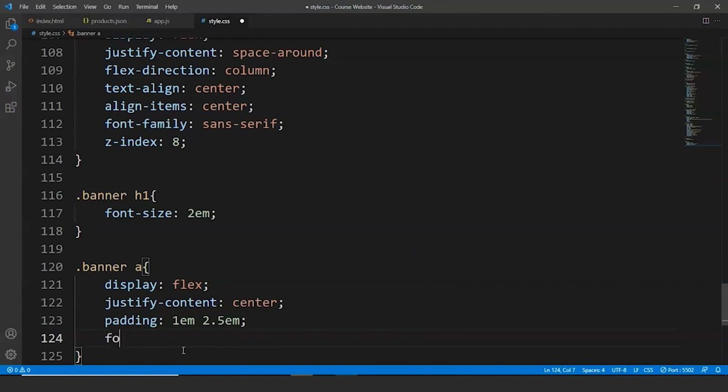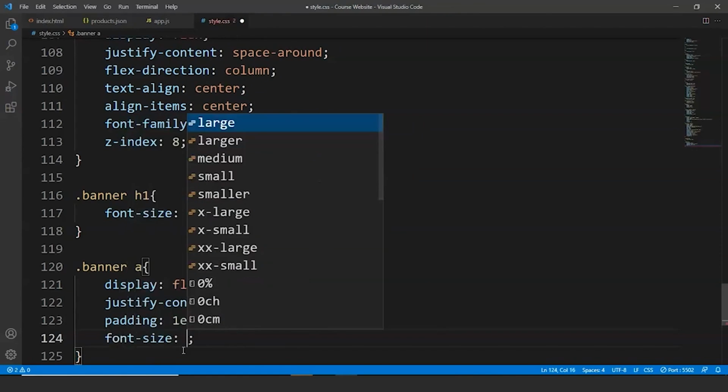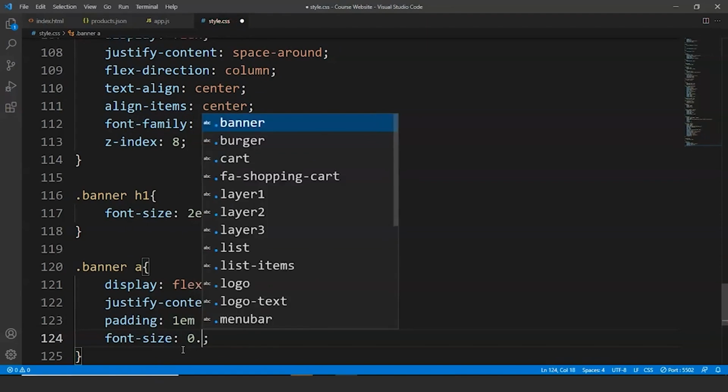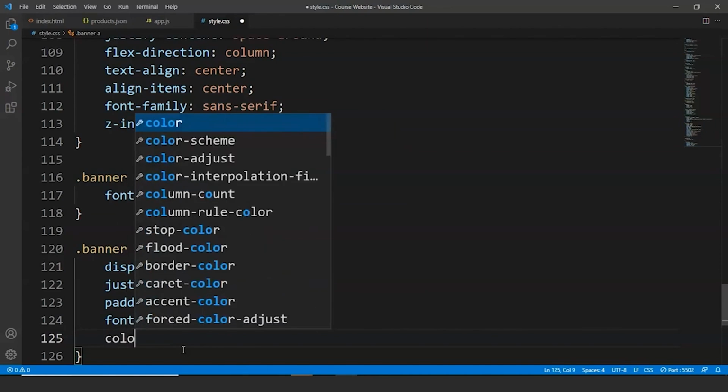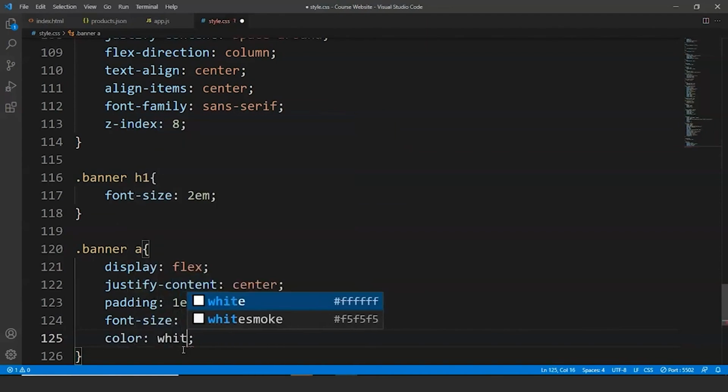Next up we'll write here font size as 0.8em. So this is the font size for the shop now button, which looks like a button but it is actually a link. So what we'll do is we'll define the color of this button as white,